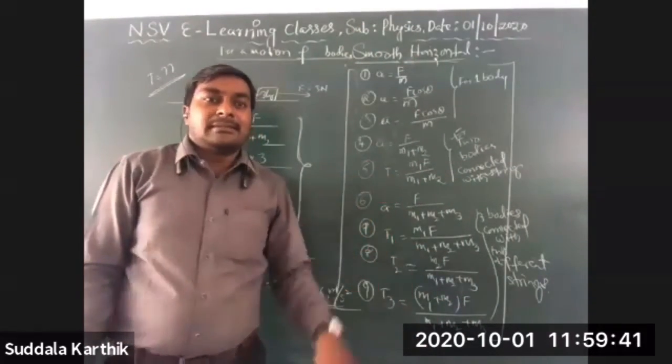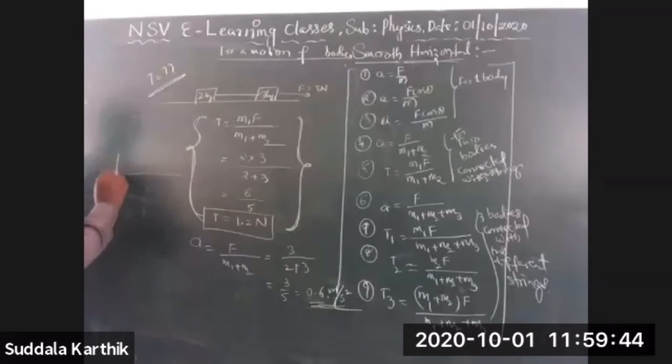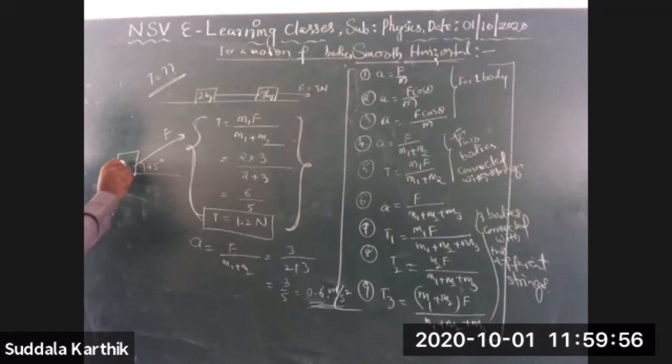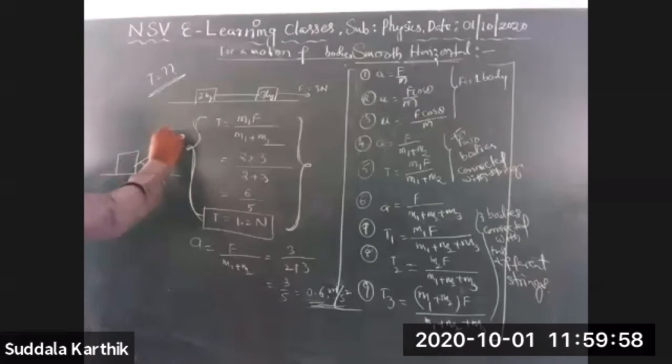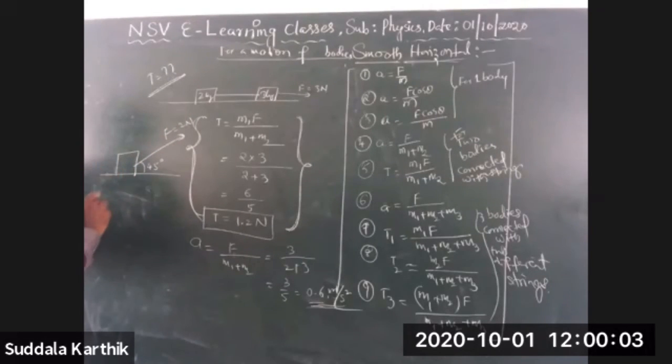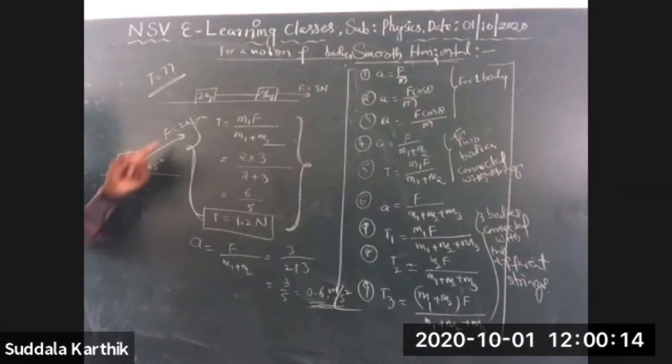Otherwise, suppose one body is there, Nana. Yes, it is in the textbook also. I am pulling this body in this direction with a force F at an angle of 45 degrees. Some force, F equals 2 newtons, is applied in this direction at 45 degrees. The mass of the body, M, equals 2 kg. I am pulling this body with 2 newtons of force, Nana.